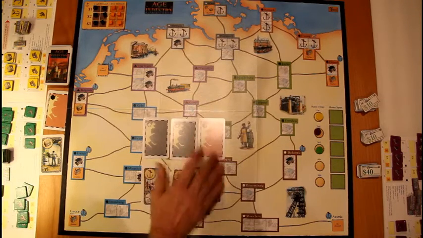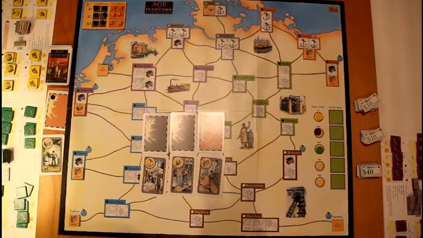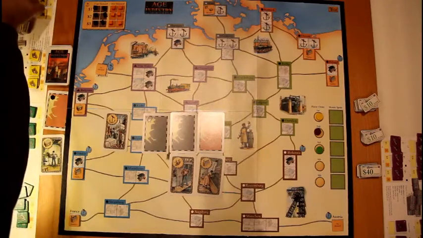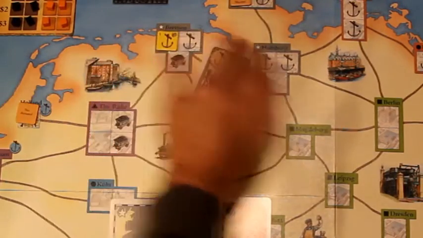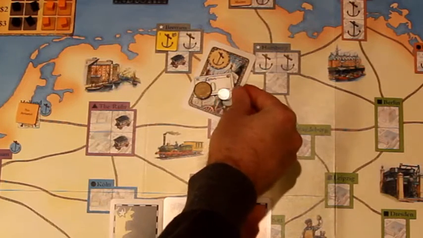So yellow has these 6 cards, and on the first turn you only get to do one move, and after that it's 2 moves. What yellow is going to do is use his port card and build a port in Bremen. To do that, he doesn't have any money, and it costs $3 to build a port. So he's going to take out a $10 loan, which will get him 5, 6, 7, 8, 9,